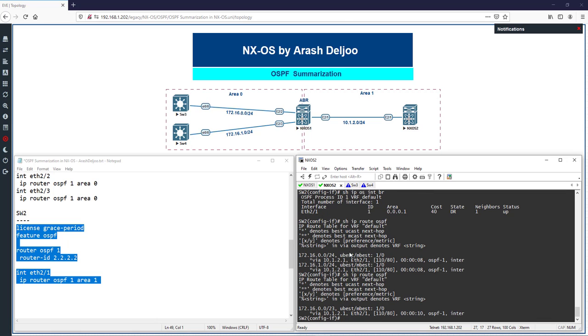On switch 2, again I'm using show ip route ospf. Now we have only 1 route, because when summary routes are advertised, the subnet routes are not advertised. Because of that, we don't have the subnets. And also, as you can see here, we have 172.16.0.0/23, and this is the unicast best from 10.1.21 ETH21. The administrative distance of this route is 110, and the metric is 80. You know that the metric is the best metric